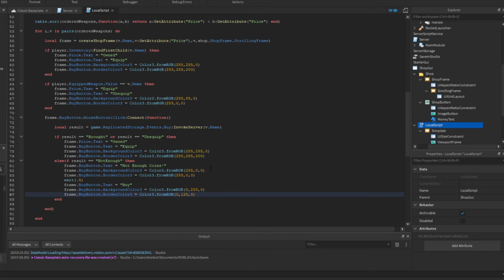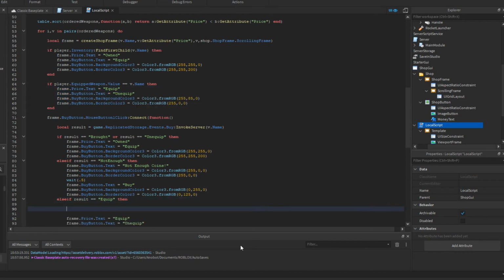Now if you want to know what the not enough thing is, this is what it is on screen. And then we're going to say else if result is equal to equip, then we're just going to copy this part right here, and then we're going to add a for loop. We'll say for underscore, ob in pairs, and then we're going to say shopFrame.ScrollingFrame:GetChildren(), and then we're going to say if object is a frame. So if the object is the frame, then